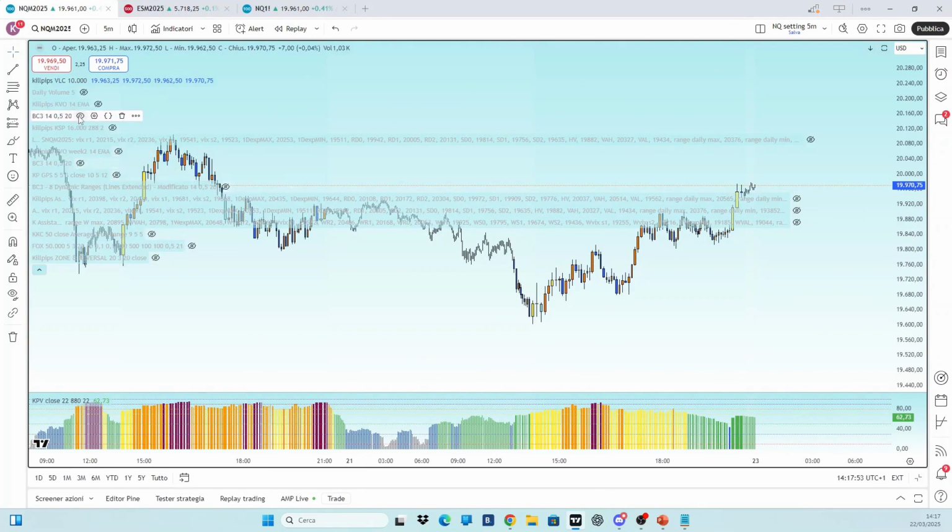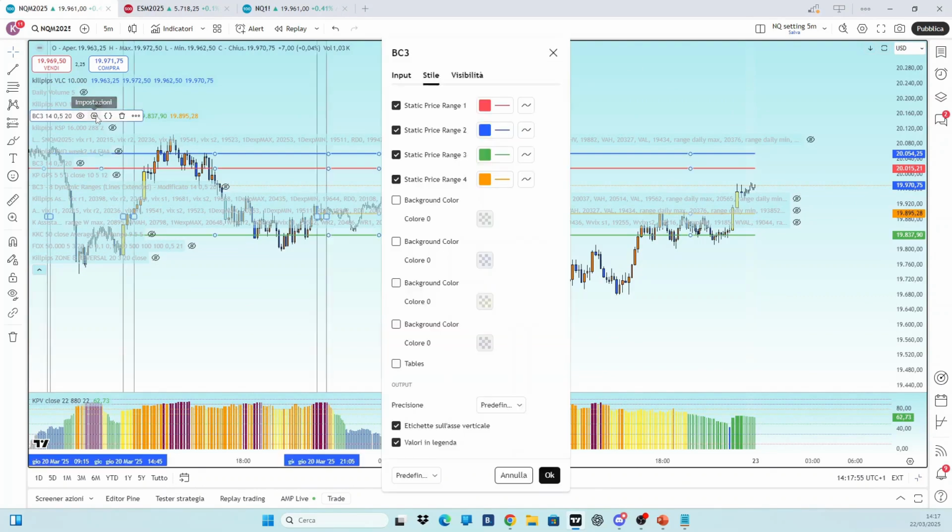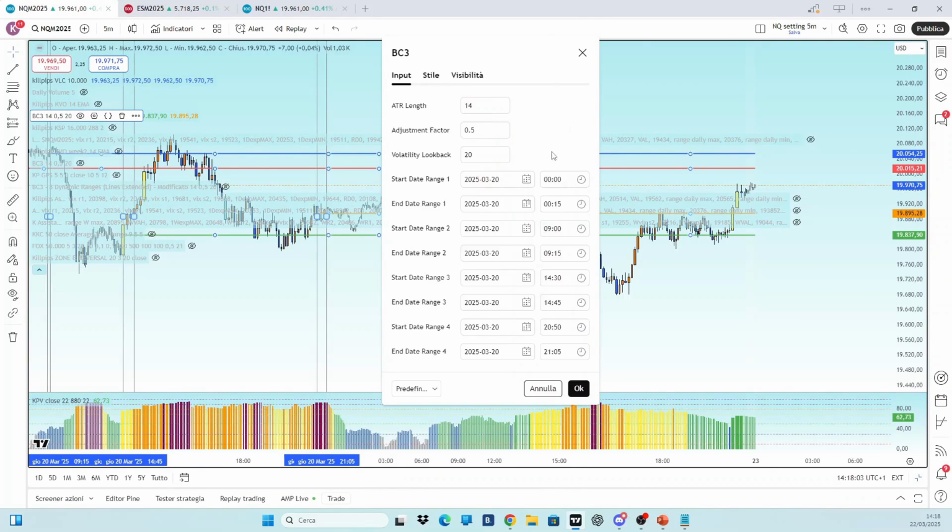We still have to do BC3, to which we need to dedicate a bit more time. Anyway, I've said it many times: eliminate all the background, leave only the colors. I live in Italy, so at the moment in Italy there is no daylight saving time yet, unlike the United States, which is why when I need to capture the volume pattern that forms at the opening and closing of the American market, I simply change only the time